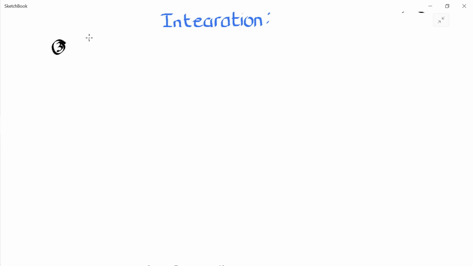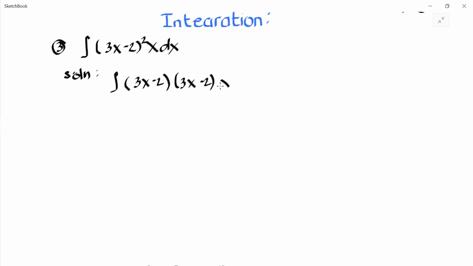So for our third example, find the integrals of 3x minus 2 squared x dx. So for the solution, this is 3x minus 2 times x dx, which also equals to, for using FOIL method, this is 3 times 3 is 9x squared. Outer, that is negative 6x. Inner, negative 6x. Last,